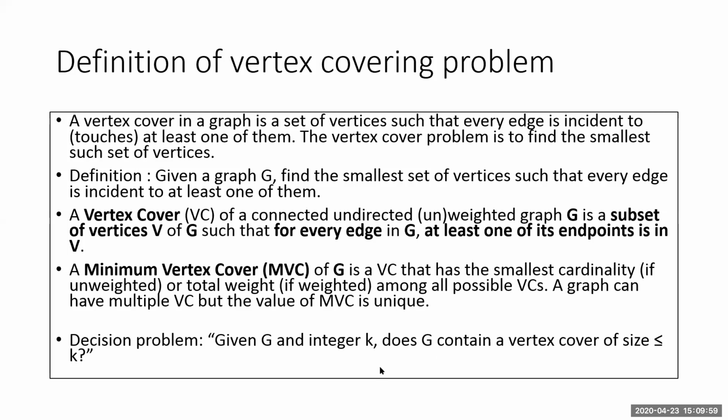So the question has only 2 answers: yes, the 3 vertices can cover the graph, or no, the 3 vertices cannot cover the given graph. So this becomes a decision problem, and we can categorize this under NP-hard also. Now we are going to find the answer for the decision problem, as well as the number of vertices which can cover the graph.